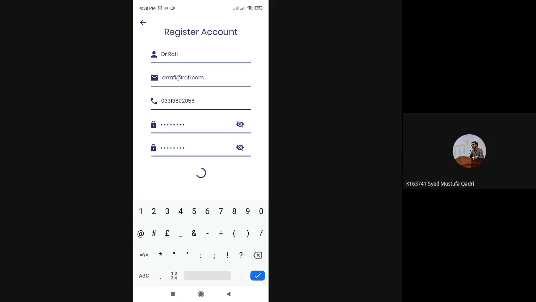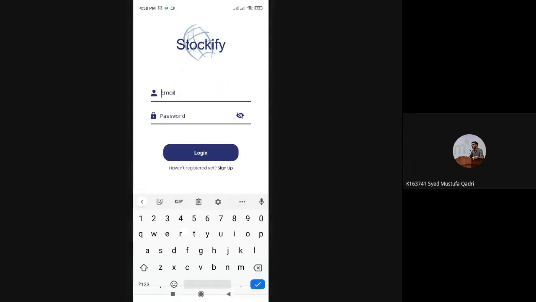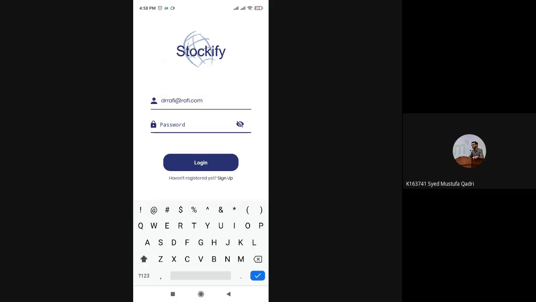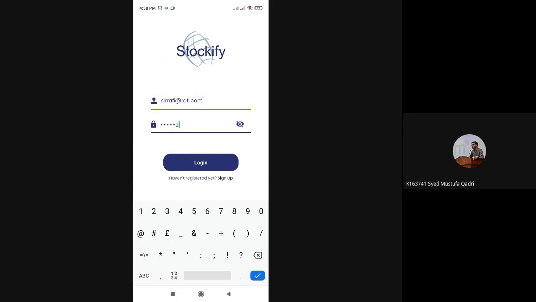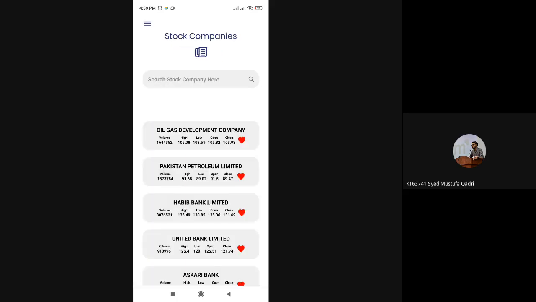So, it is in the process of registering this account. Then we can see that the registration is successful. I'm just going to log in to this account. And here we go. So on this page, all the stock companies which we have worked on, along with the